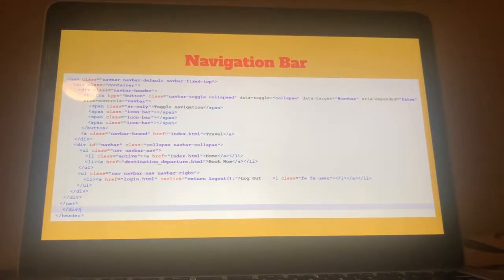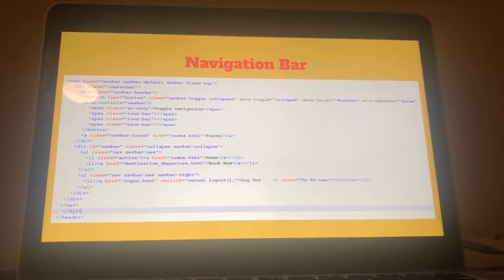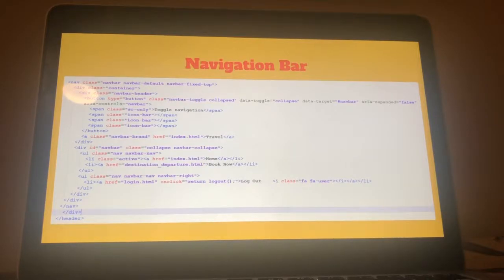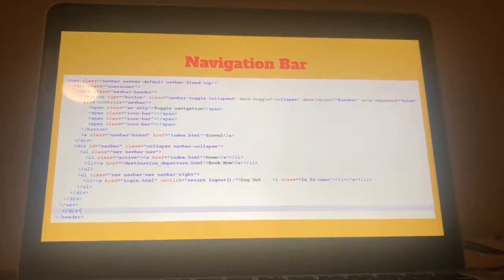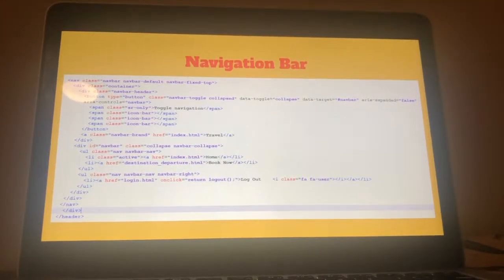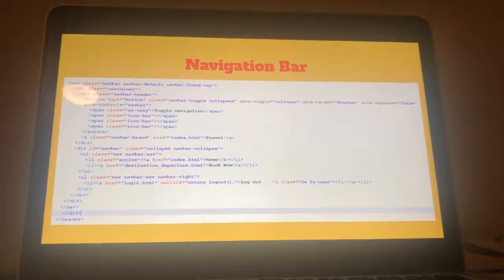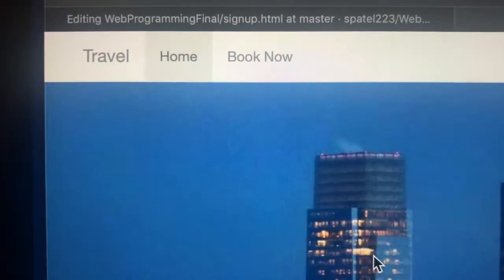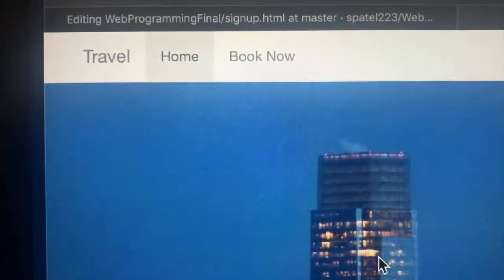This is for the navigation bar, so on the very top, you'll be able to see a button that says travel, a home button, and a book now. And on the very right top corner, you're gonna see a logout option. And these are what the buttons look like: the travel, home, the book now, and then on the